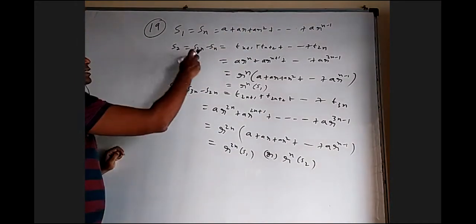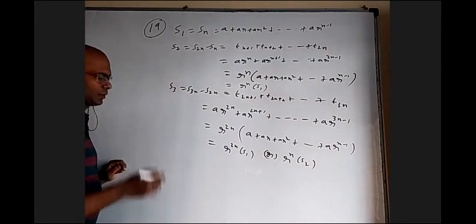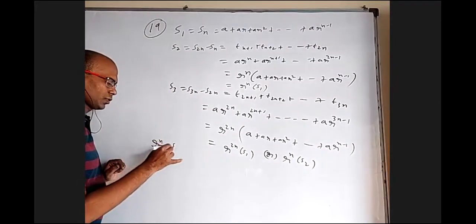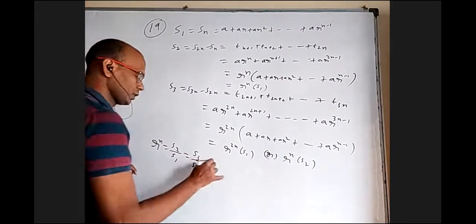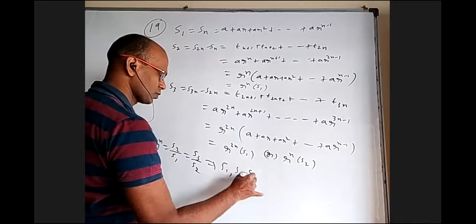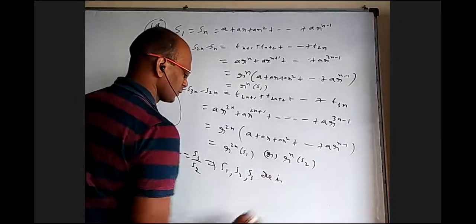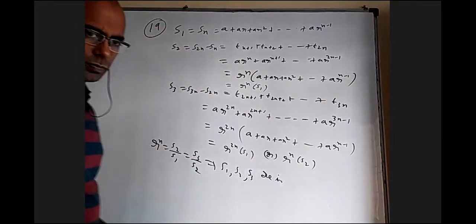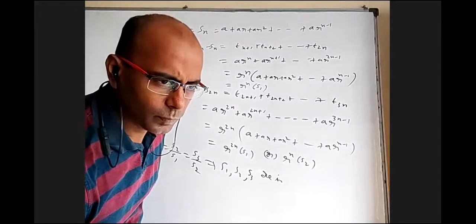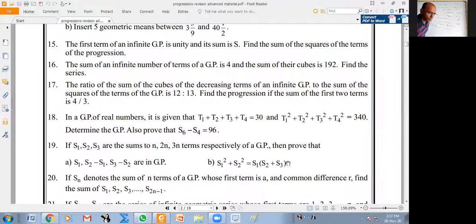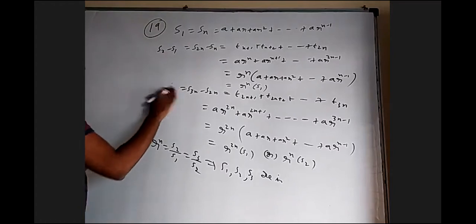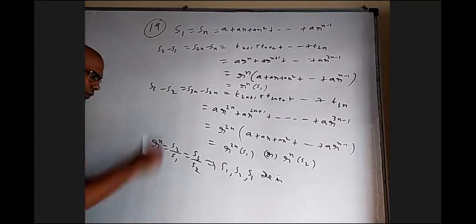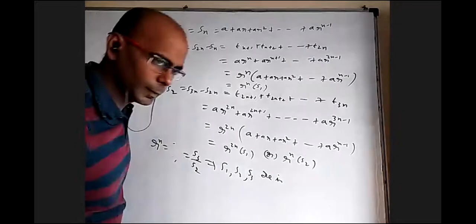So now we can see this by this is the same as this by this, so they are in GP. That is r power n is equal to S2 by S1, which is also equal to S3 by S2, which implies S1, S2, S3, or is it S2 or S2 minus S1? S2 only, they call S2n. No? Yes. So this is not S2. This is S2 minus S1. This is S3 minus S2.